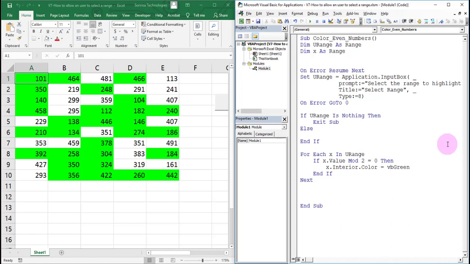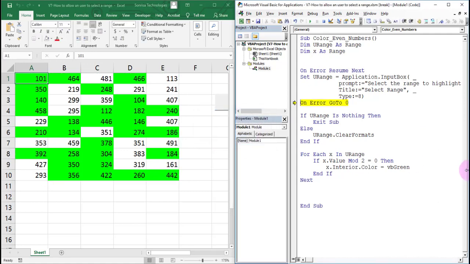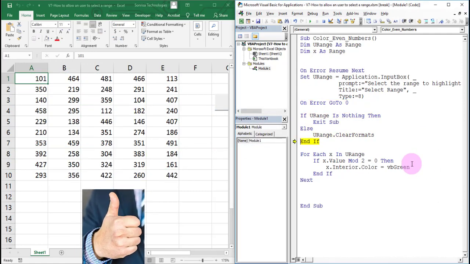Here, clear the formats from the selected range. Now the range is free of any formatting. Debug this to verify it. It clears all the formatting from the previous execution.